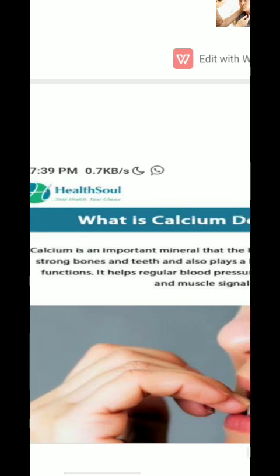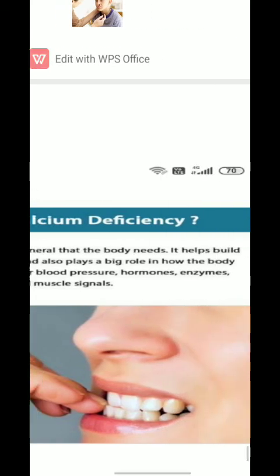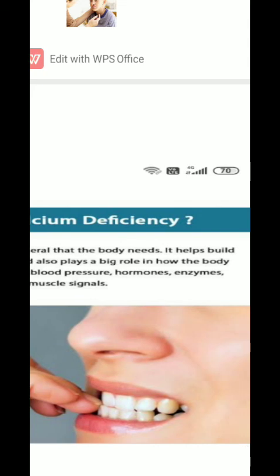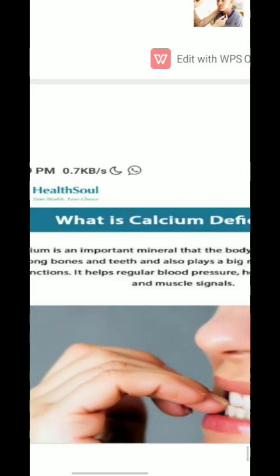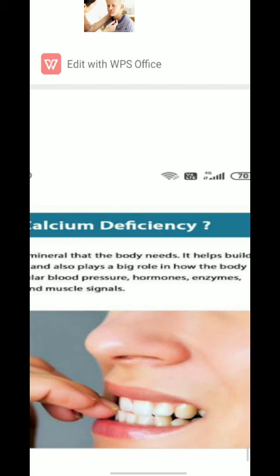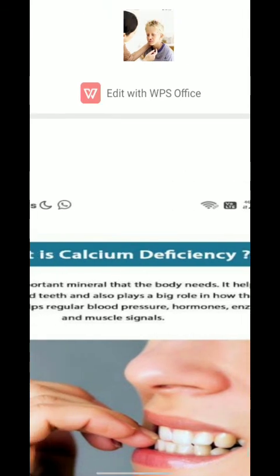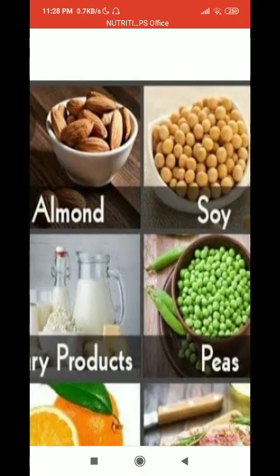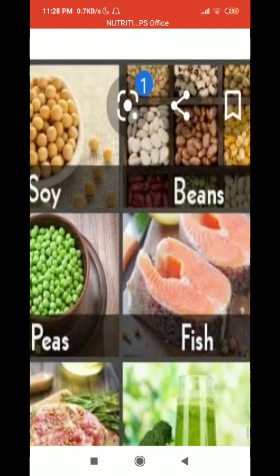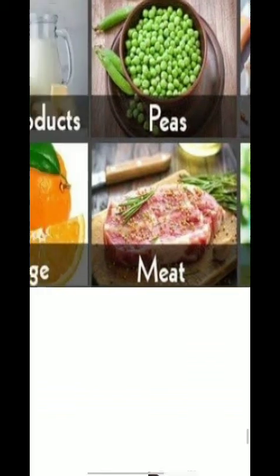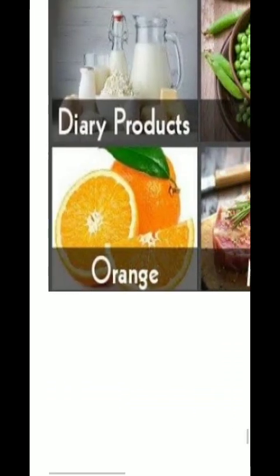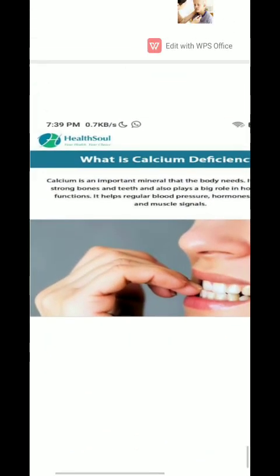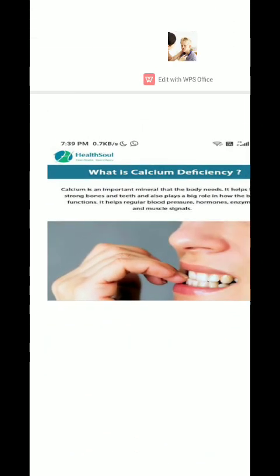Calcium is an important mineral that the body needs. It helps build strong bones and teeth, and also plays a big role in how the body functions. It helps regulate blood pressure, hormones, enzymes, and muscle signals. The food items which are rich in calcium include almond, soy proteins, beans, fish, broccoli, peas, meat, dates, dairy products, and oranges. So it is said that to prevent deficiency diseases, we should have a balanced diet,